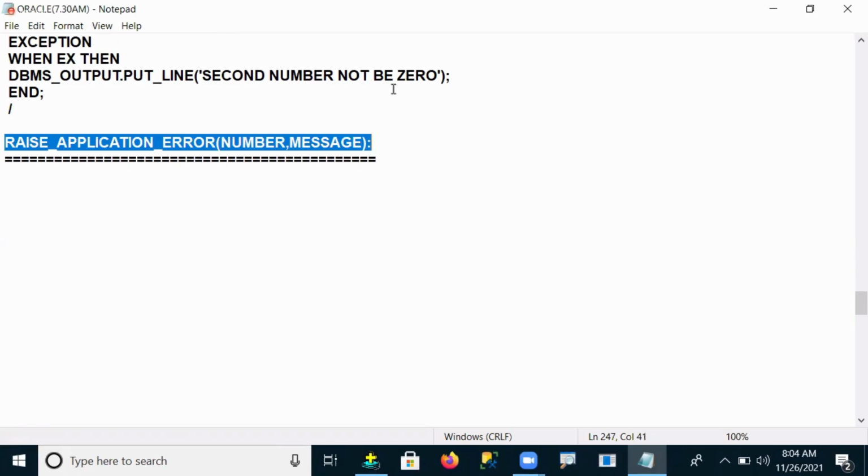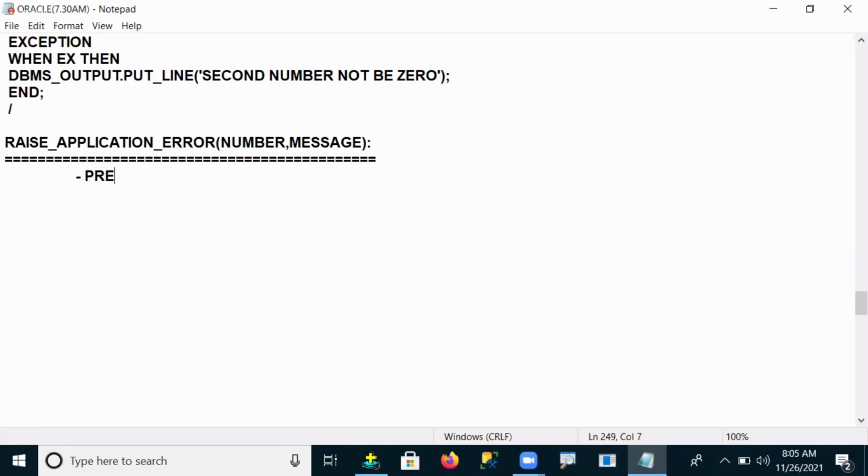Then why are we using raise_application_error again? What is the difference between the raise statement and the raise_application_error statement? Let me see, guys. Basically, this is called a predefined method, and we use this method to